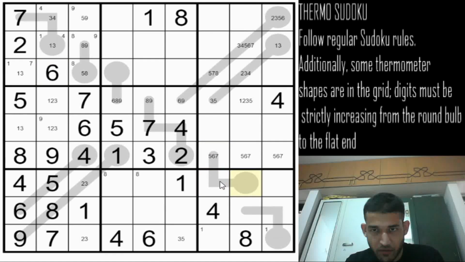Now we'll focus on this thermometer a little bit. Maximum possible value is 7 and minimum possible value is 5, so this cell can only be 2, 3, 4, 5 and 6, and this will only be 1, 2, 3, 4, 5. But 1 and 5 are in that row already, so we can remove the 1 and 5 from there. Also 4 is in that row, so 4 can also be removed. And the only possibilities now in this cell are 2 and 3. We have a 2 3 already here, so this will be a 6, this will be a 7. 6 can be removed from these cells now, so this 7 can be removed from column 7.